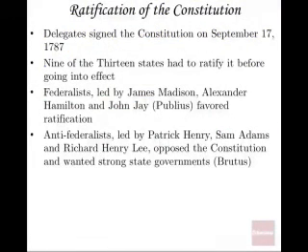So, the ratification of the Constitution. It's all good that the states wanted it, but did all the states want it? And how many states would be required in order to get this ratified? It's kind of interesting as to how to get support for this new Constitution. Well, the delegates signed the Constitution on September 17th, 1787. So they represent each of the states,